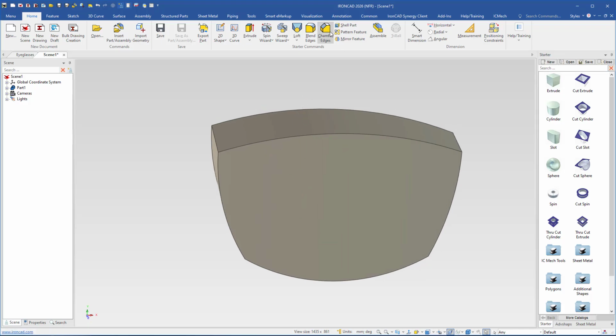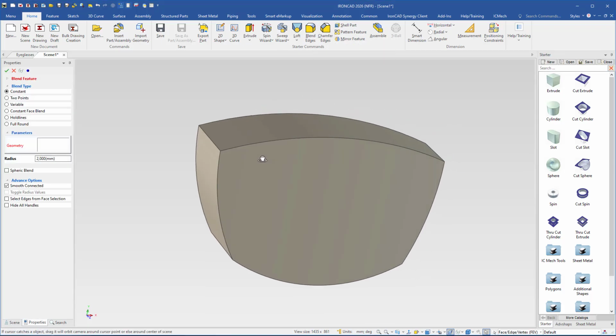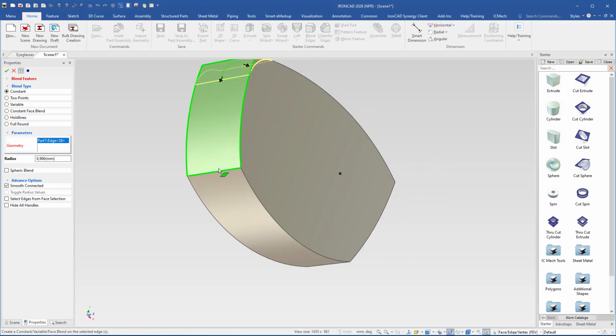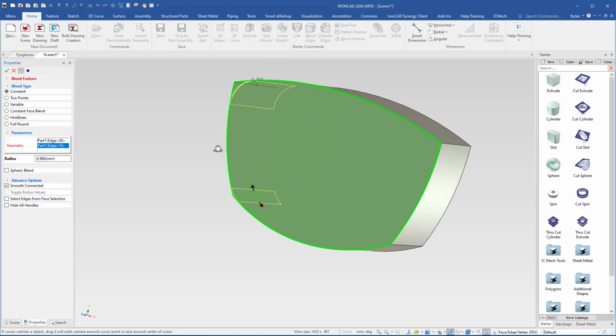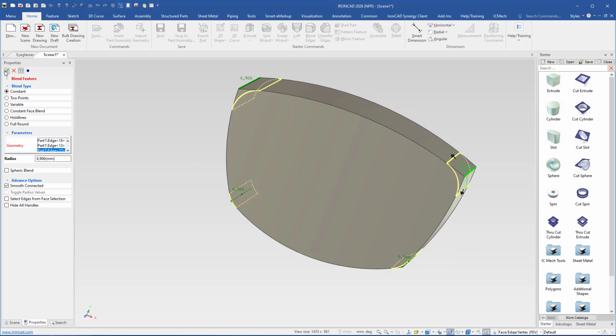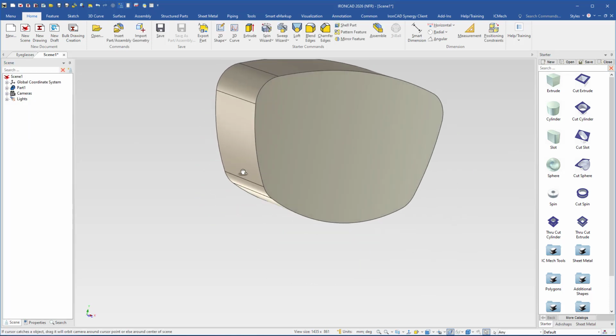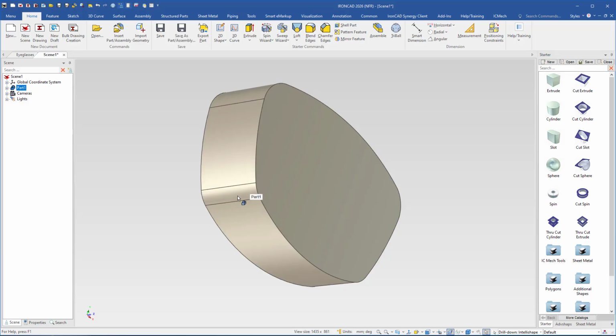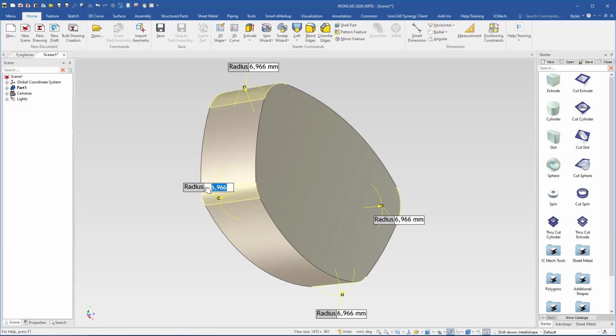Now I can use the blend command to round these edges. Let's say I want to increase the blend a little bit. Can do it here. I use the same on all 4 sides or 4 edges. Then I click OK. Then I can come back here and click on the blend to change the value, for